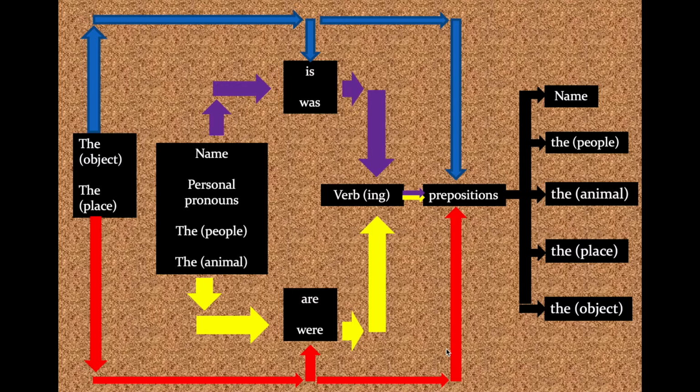There are two types of writing. The first type is colored with blue and red arrows. The second type is colored with purple and yellow arrows. Let's learn the first type of writing using the Formula 1 method. We start with the blue arrows, which represent the singular subject, to form a present tense sentence or past tense sentence. To begin a sentence, we start with the article "the"